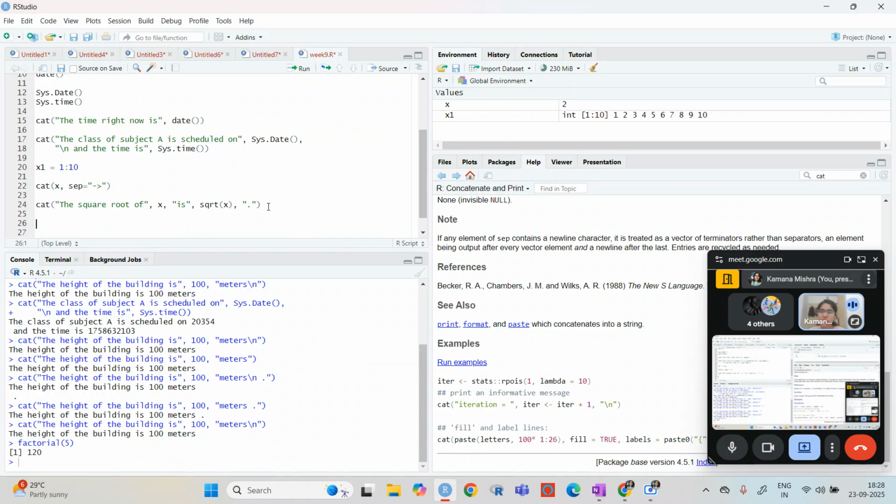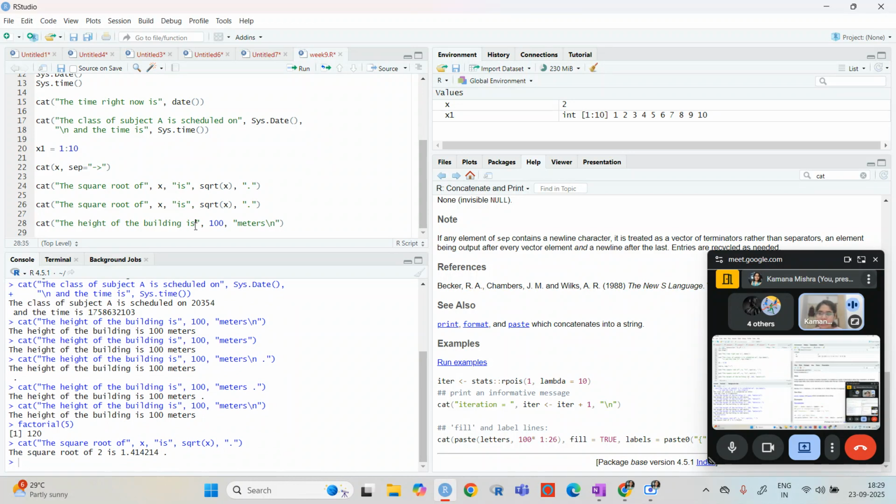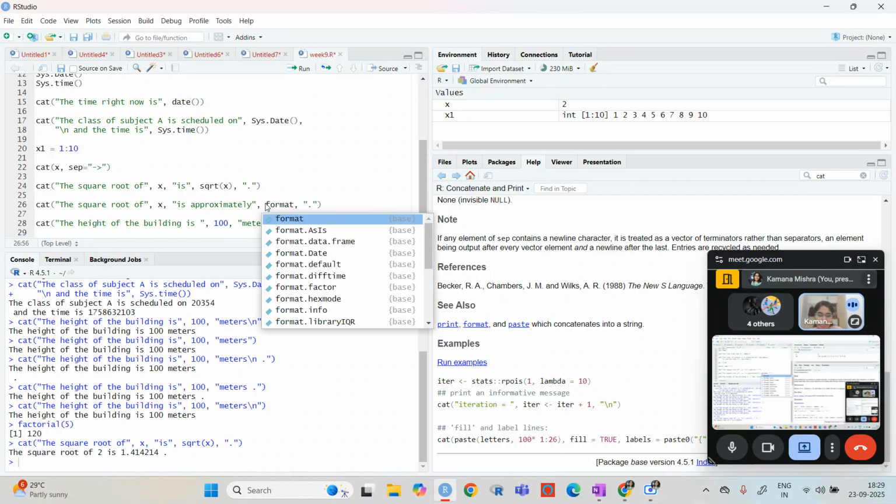If you want to just print this, then we can write, and then here, rather than just writing this, we can even include the format inside this.